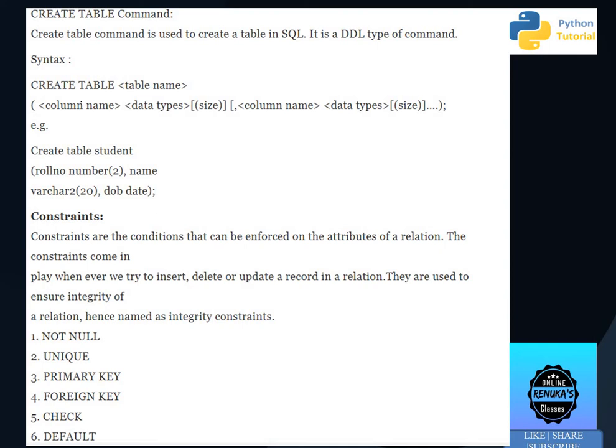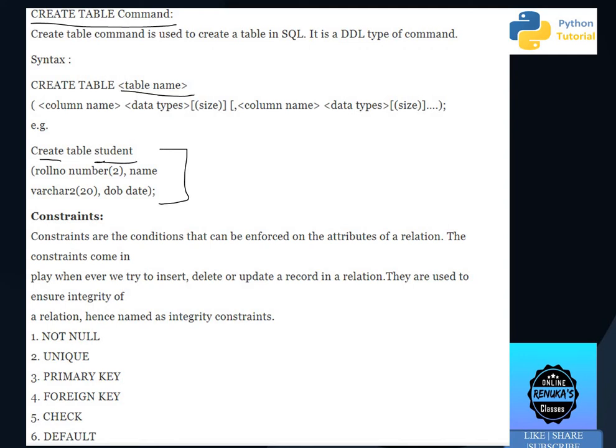Then comes the create table command. The first command which we are going to discuss is create table. Before inserting values in a table, first we have to define the structure of the table, and that we can do with the help of the create table command. So this is the example for create table command. Create table and then table name.